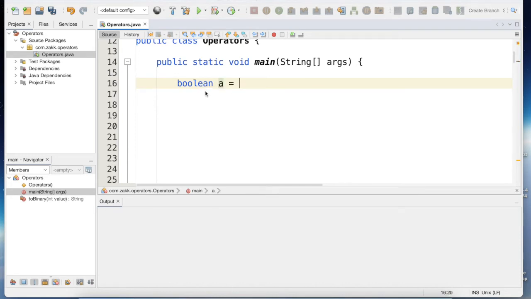A, and so once we have our variables, let's see how we use the logical operands and get our output. So if I declare another variable, as we have discussed,